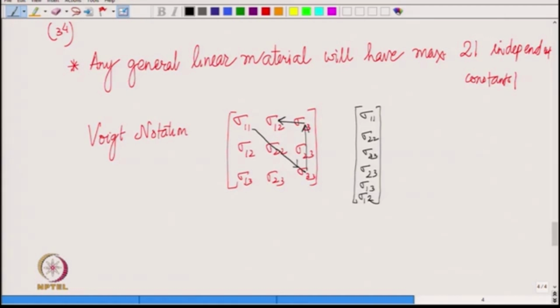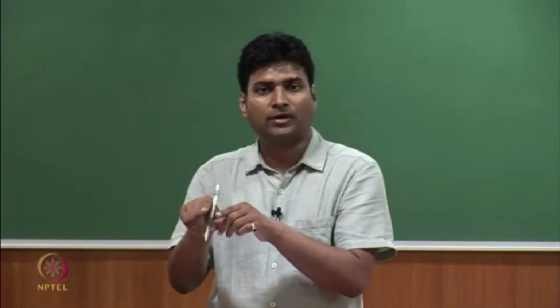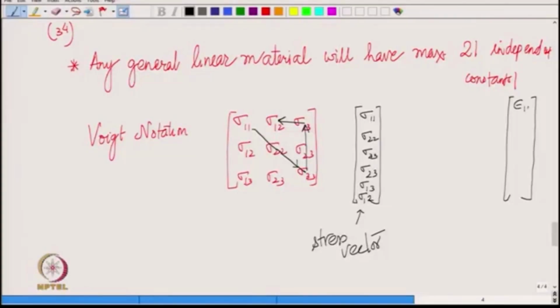You can do the same thing for the strain matrix. So, you get a strain vector. Okay. So, we can call this stress vector, and likewise you also get a strain vector. And you go in the same sequence to form your strain vector. So, you have epsilon 11, epsilon 22, epsilon 33, epsilon 23, epsilon 13, and epsilon 12. Okay. And because of linear stress strain relation, there will be a matrix which will relate these two vectors,